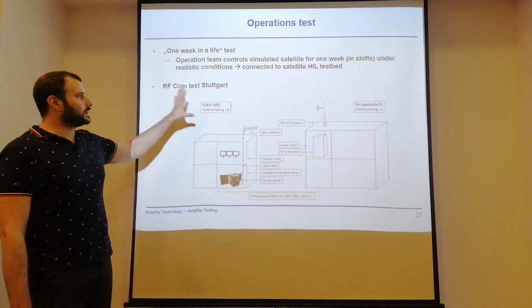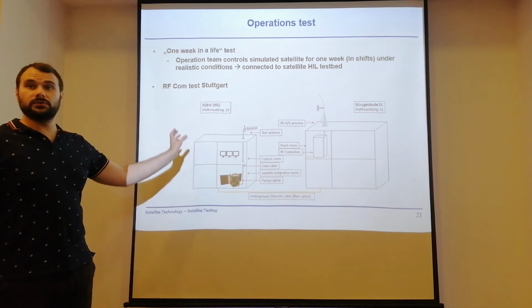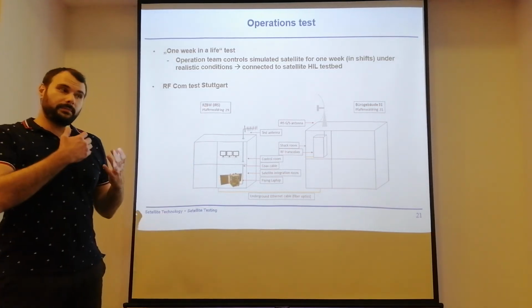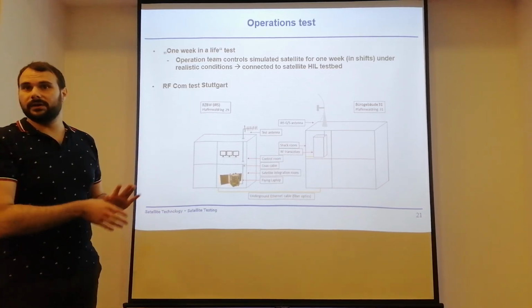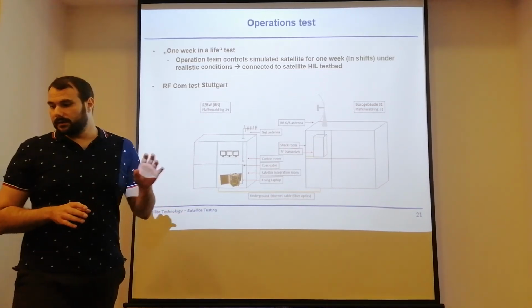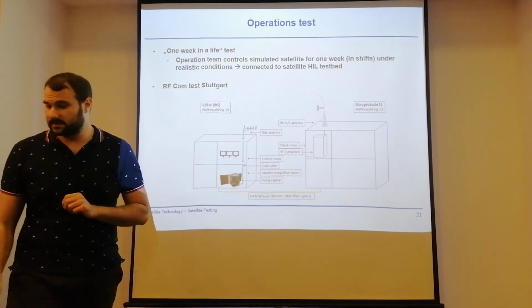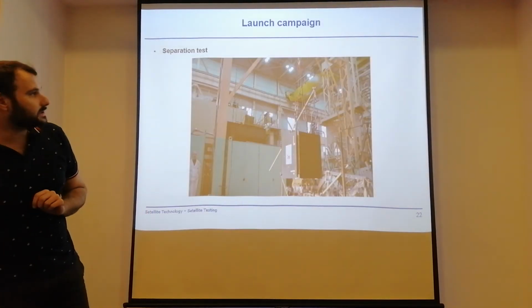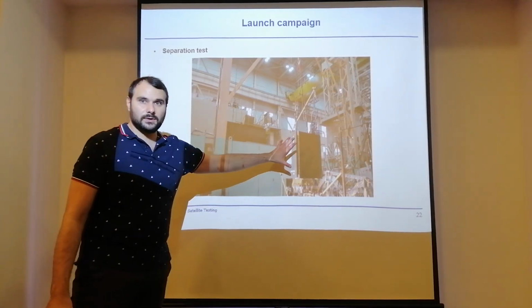And once this was all done, well, it was time to ship the satellite over to the launch site. And the whole testing doesn't stop with, the satellite is being built now and you are on component level. There are many more tests closer to the launch depending on your satellite system. And one example here is the separation test. So this is for the Soyuz, where we use our Mars dummy,